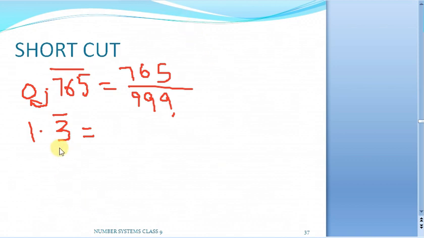Here we can do it in two ways. I will tell you both the ways how we can actually proceed. So here the first way is going to be, see how we can do it. So this is going to be 1. So this is actually how we'll do 1 plus 0.3 bar. Okay, now see, this is nothing but 1,